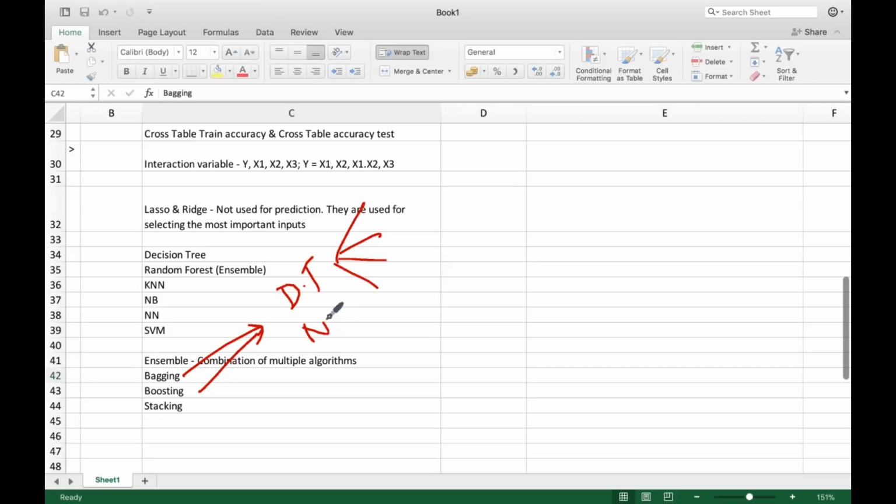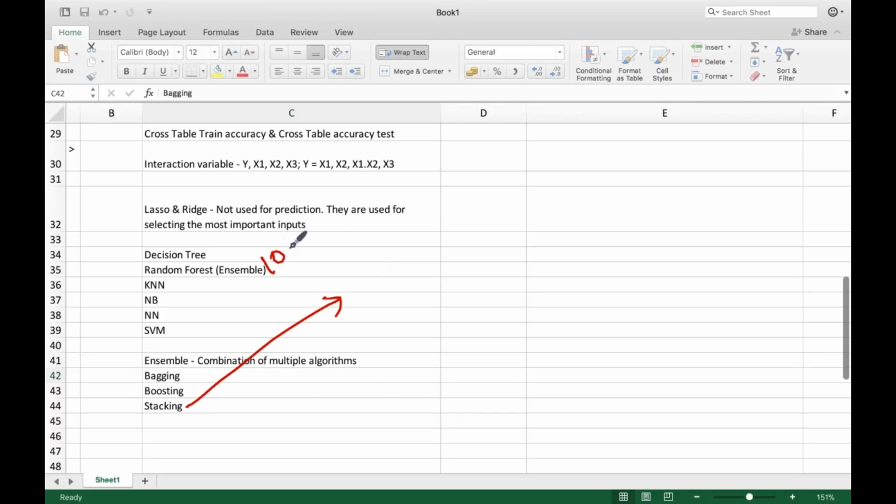Or you can use multiple neural networks by taking multiple samples, or multiple SVMs. But you'll use only one of those, only decision tree or only neural network or only SVM. And random forest is one example wherein you use multiple decision trees. And what is stacking? Stacking is